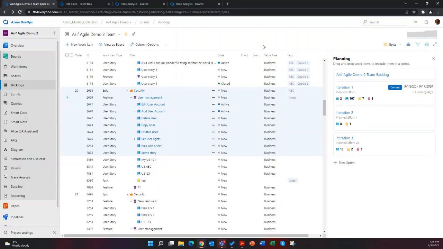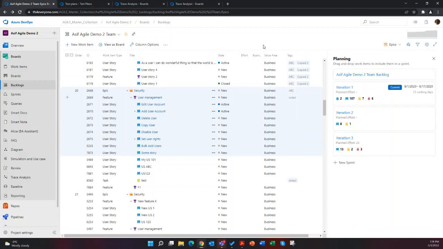And perhaps most importantly, we use Azure DevOps as our data repository. So any information you create from Modern Requirements will in turn create information in Azure DevOps, which means that Azure DevOps will be your system of record. You'll have one centralized system of record, everything stored directly within Azure DevOps. And that is true whether you're using Azure DevOps in the cloud as a service or you deploy it on-prem.